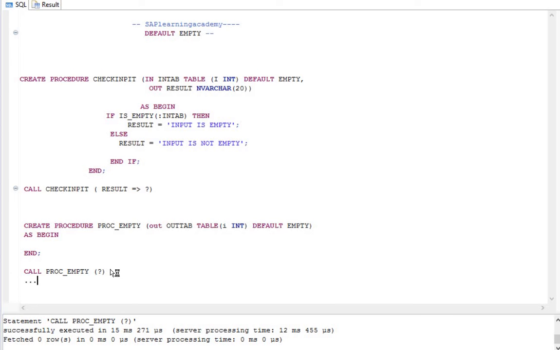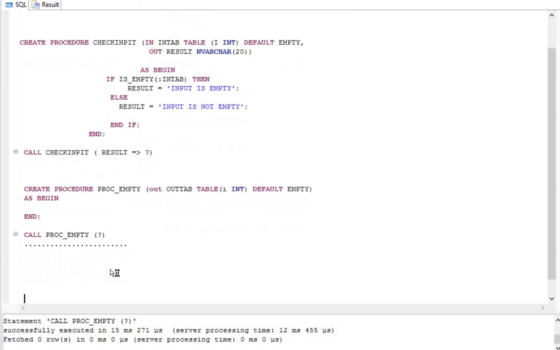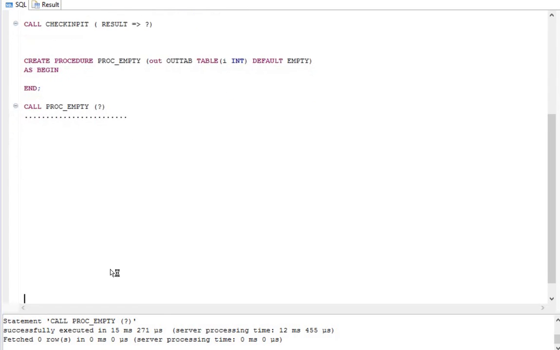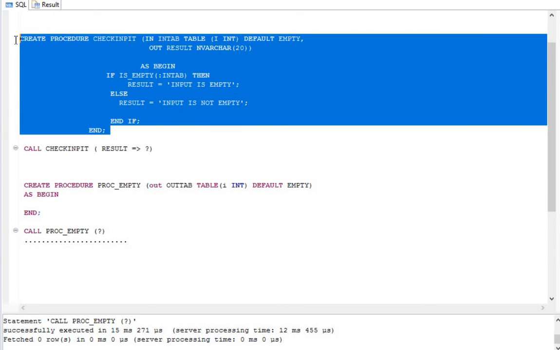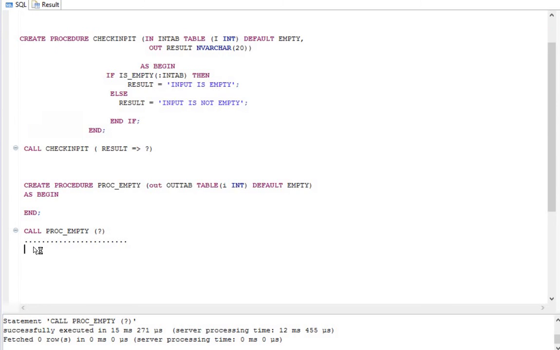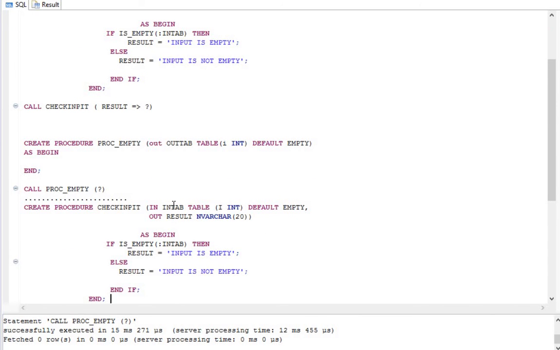I do have one more example to show you, and that will be the end of this tutorial. How can we use this in a function? We have learned how to use it in the procedure. Now we will see how we can use it in a function. It is very easy. We can do the same thing up here. Let me copy paste this one, and I can show you how to do it in a function. We can just change the keyword procedure to function,